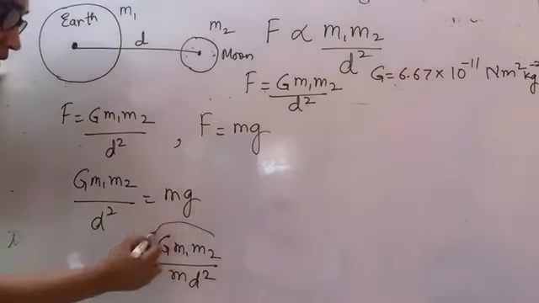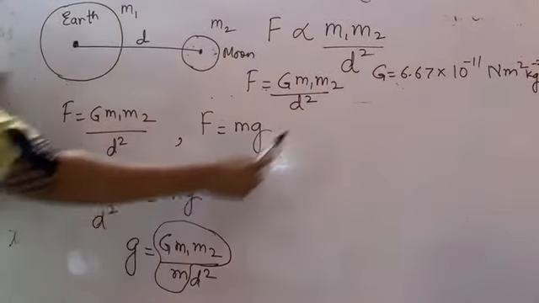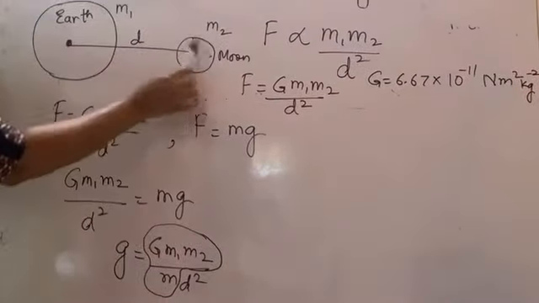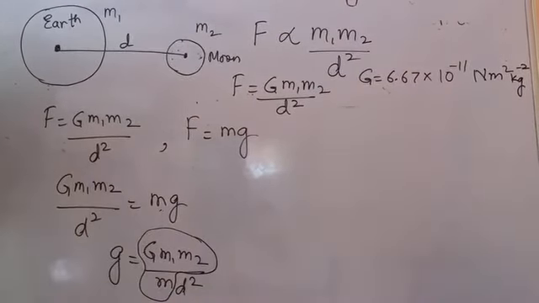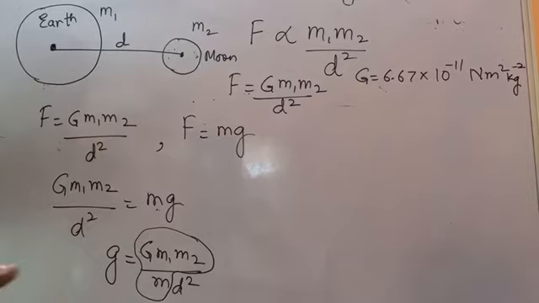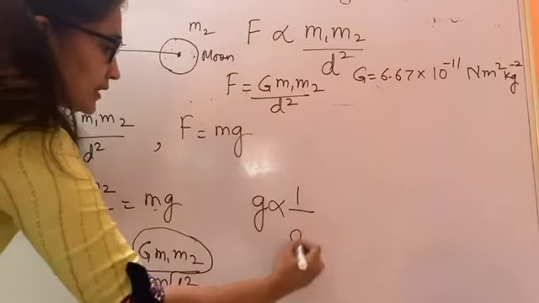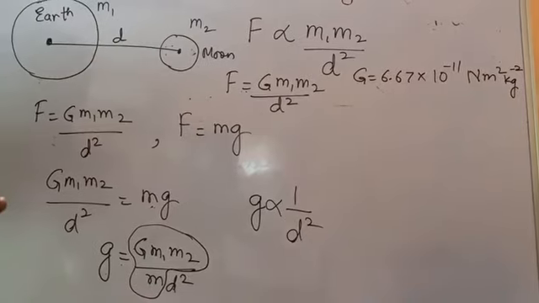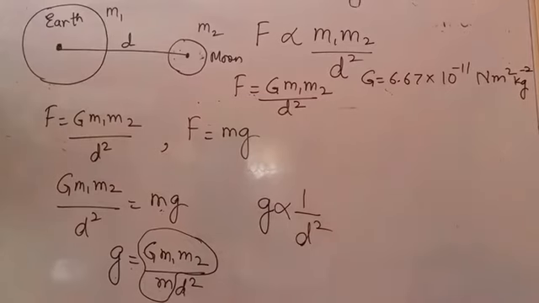Now children, all this part is constant. I told you this is the gravitational constant. It has a fixed value, so it is constant. m1, m2, that is these masses, are constant. This mass is of a body, that is also constant. So if anything is constant, I assume that it is not counted, because its value is not going to change. So from this equation, ignoring all the constant values, the only factor that is going to change is the distance between the two bodies. Right? So from this I can assume that g is inversely proportional to d square.